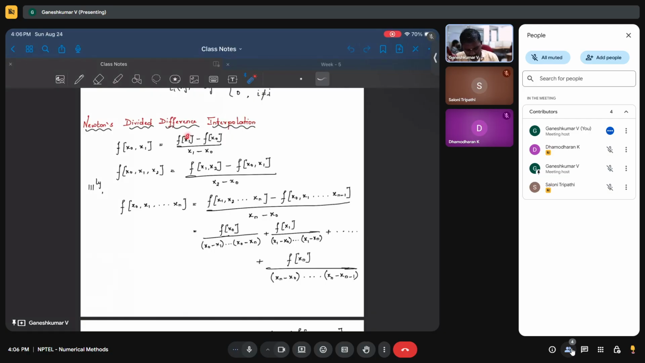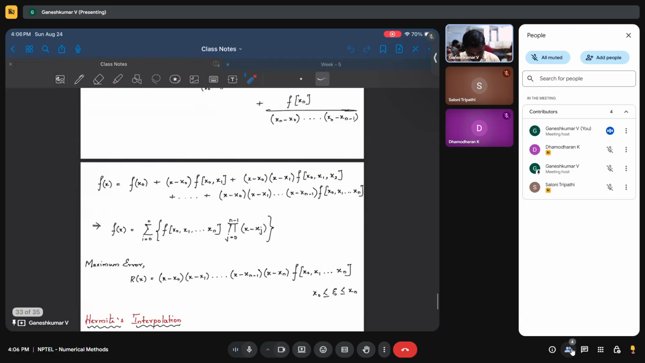It's basically the difference between the function divided by the spacing, which is f of x1 minus f of x0 divided by x1 minus x0. If we want to include 3 data points, then you should take the last 2 data points minus the first 2 data points divided by the entire difference. So that is what this is. You can continue this and write it for n data points, and for n data points you can write the expression to be something like this,